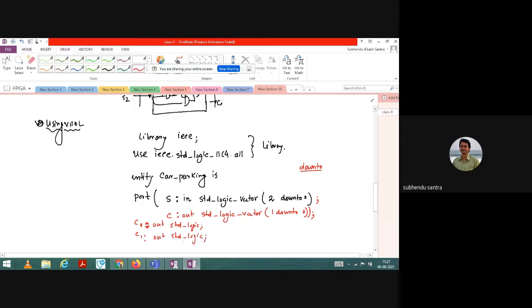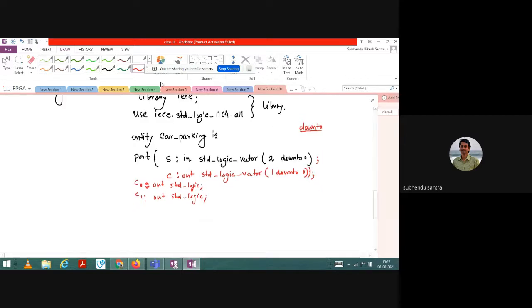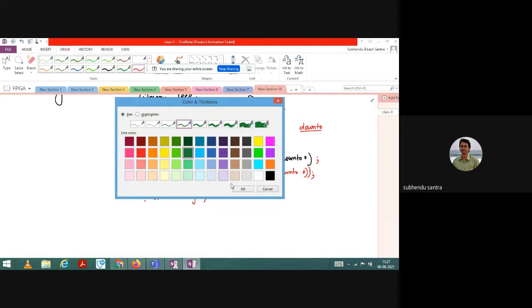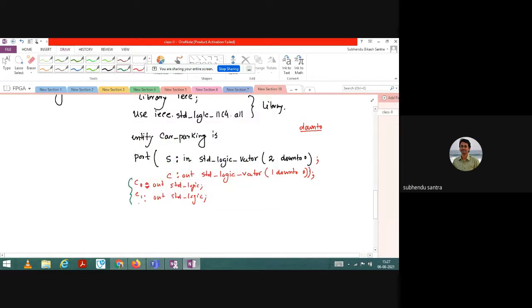If you are not happy with this, you can write it there. There is no problem, same thing. You can write it in place of this code. Then finally I have to end: end car parking. So this part is over.